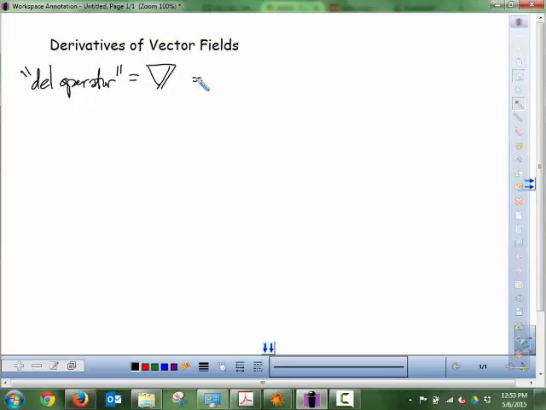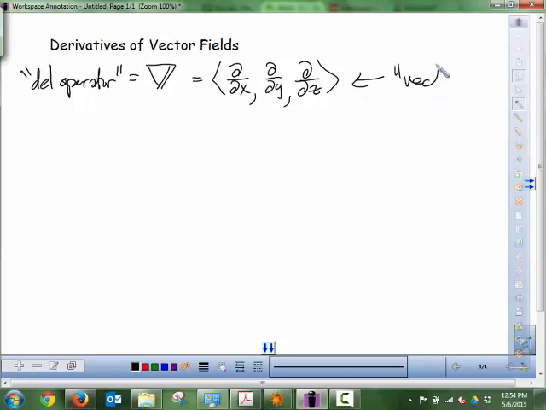abstractly as a vector, we can look at this as a vector of operators that would operate on a function of several variables by taking the derivative of that function with respect to x, y, and z. So we can think of this as a vector, and then now we can take a look at the two